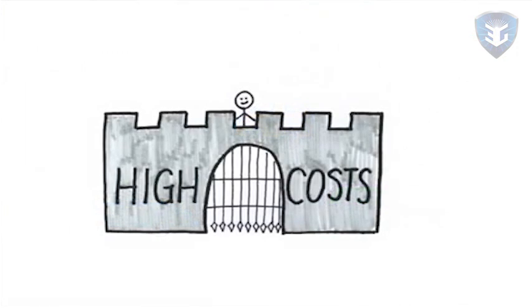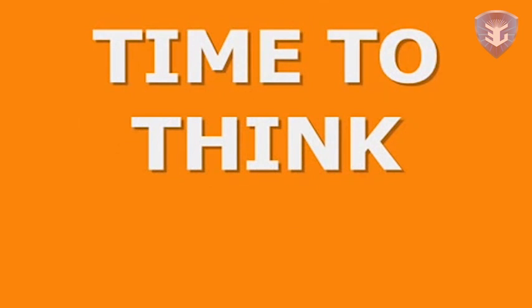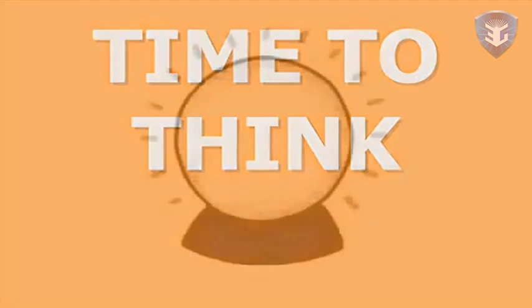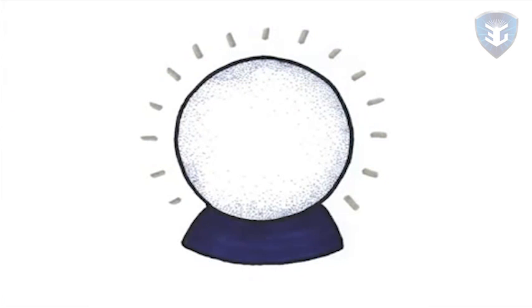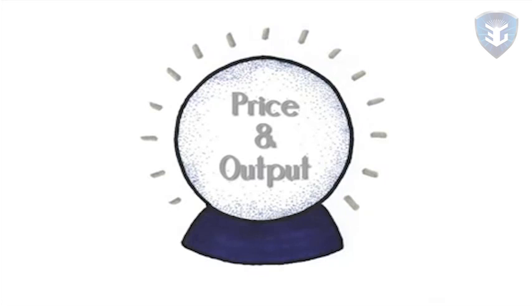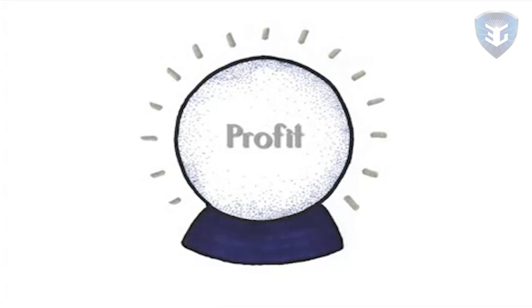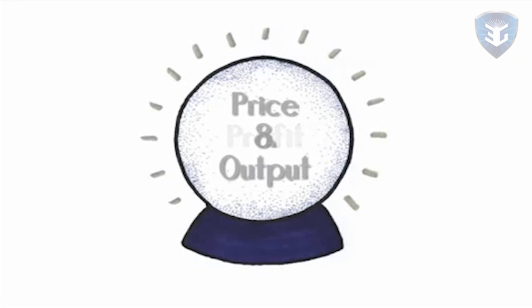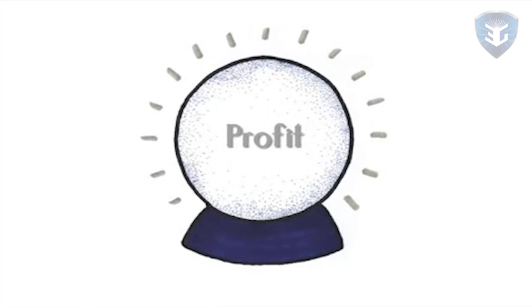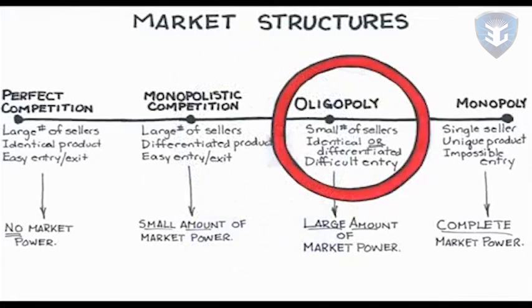Time to think. Having seen the other market structures, you should be able to make some predictions about the implications of the oligopoly characteristics. What will prices and output look like? What is the potential for profit? As you'd expect, the oligopoly market structure will result in a higher price than either competitive market, although not so high as a monopoly, and will be able to maintain some profit if it exists into the long run because of the barriers to entry. At the beginning of this video, I said that the oligopoly is the most complex market structure.